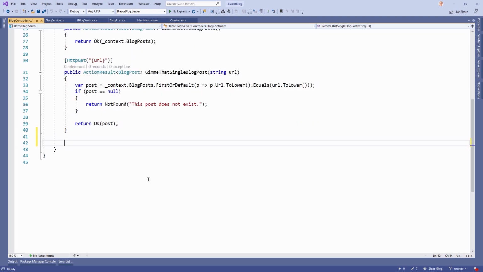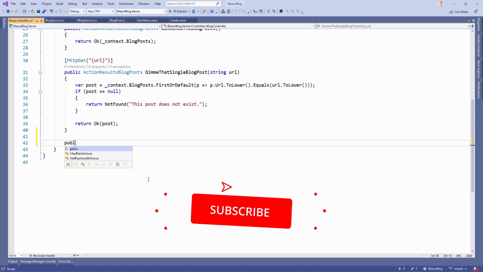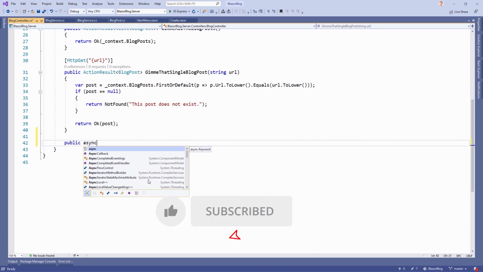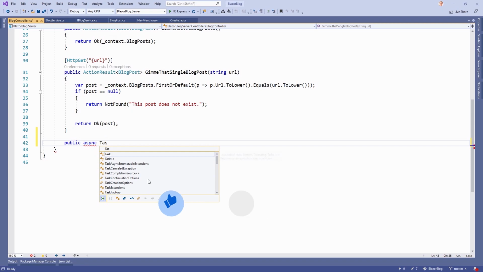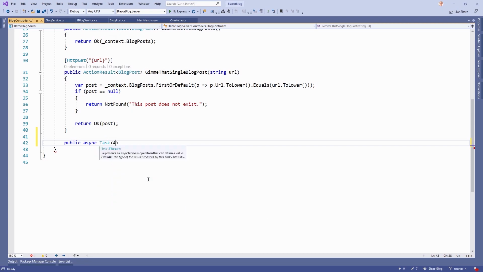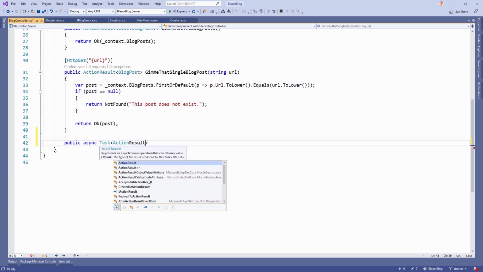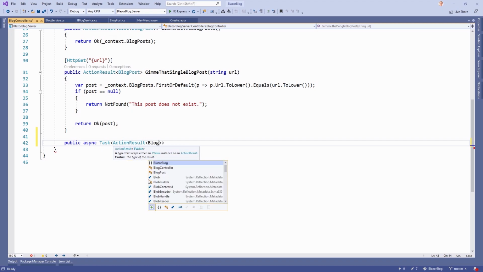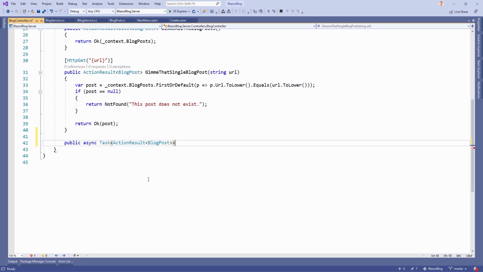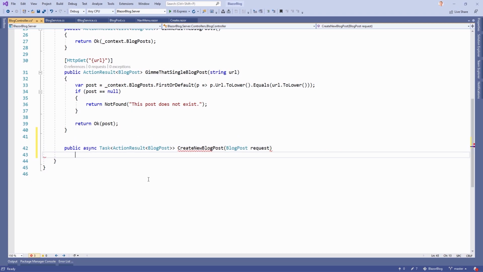Now we add a post method, and this thing will also be public async now, and you will see why in a second. But then it will also return an action result with a blog post again, and we call this thing again create new blog post with a blog post as request object,